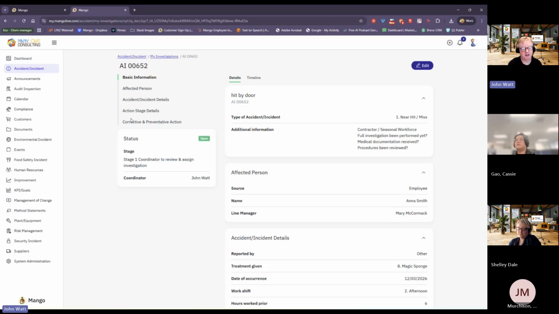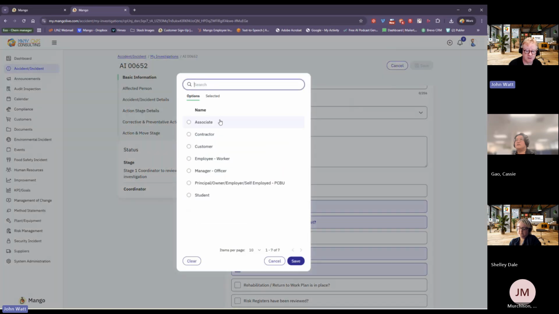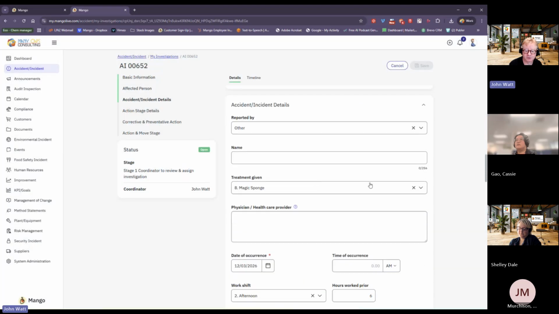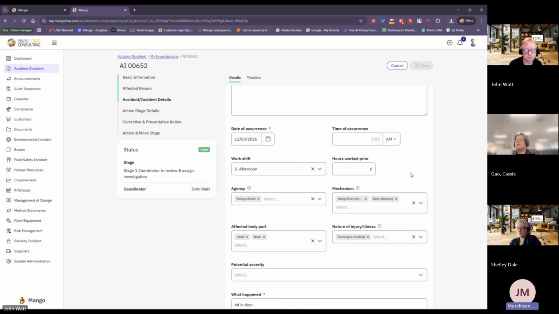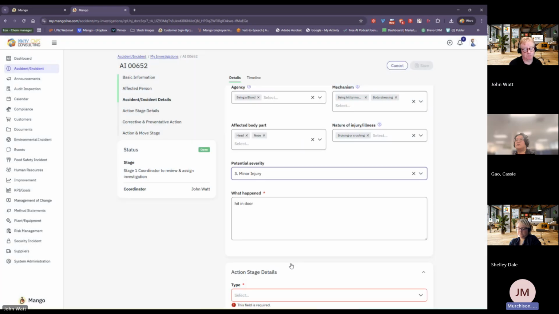As a coordinator, it's now in the workflow, so I've now got additional things that I can do. So again, I can go, well, the person reporting is, you know, and define it there if I want to. I can update anything I need to for it. So, we don't have coordinators, so this would probably go to branch managers or supervisors or whoever. Yep. But can fields be locked? Because from my perspective, we want to provide information, but we don't necessarily want people to be able to change that information. It needs to sit at a higher level.